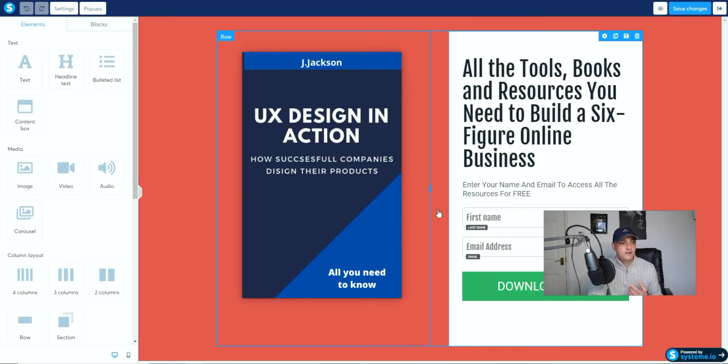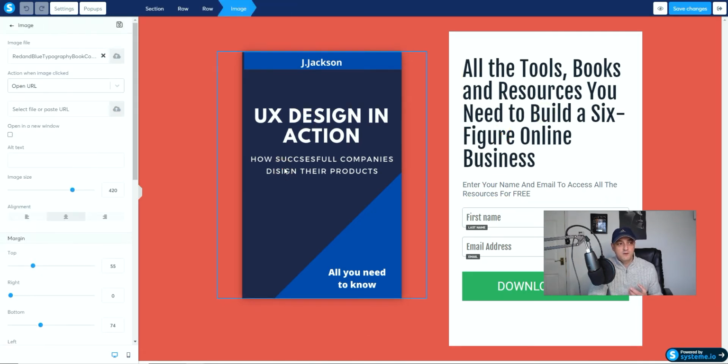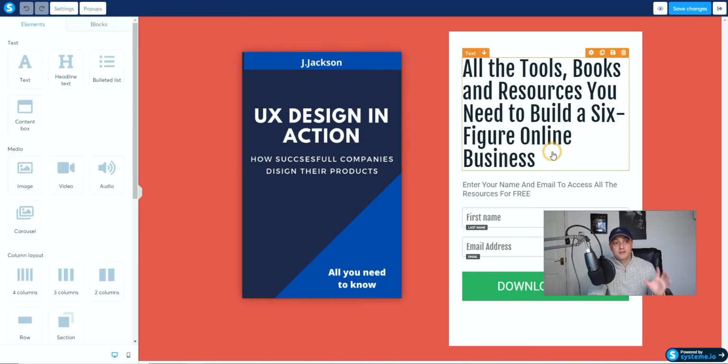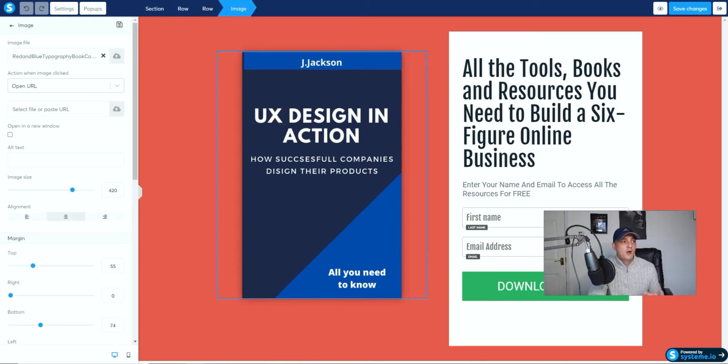We're taken to this, and you can see that each of these elements are all configurable. So you can change the text, you can change the image if you want to do that, and then you can change how this looks. But this is just a simple page that we want to send someone to, and then we want them to take an action. So if I want to change this image, for example, what I'm going to do is actually